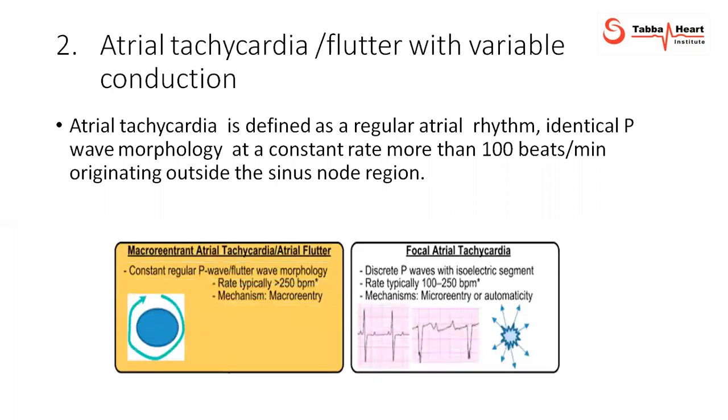The current classification of atrial tachycardia is based on its mechanism. It can be either macro reentrant atrial tachycardia or focal atrial tachycardia. This is how you describe atrial tachycardia, whether it is macro reentrant or focal. Unfortunately,